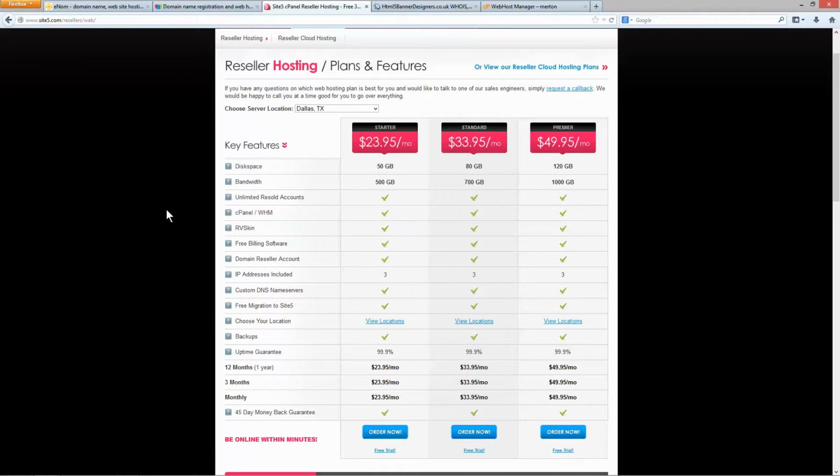Typically I would register the domain name first, and when I order this particular product from Site5, it's going to ask me for a default domain name, and that's typically the domain name that's used to control the WHM. It can also be a domain that you use to run a website, but typically I separate the domains that I use to run a website away from WHM. So I use a specific domain to manage WHM,